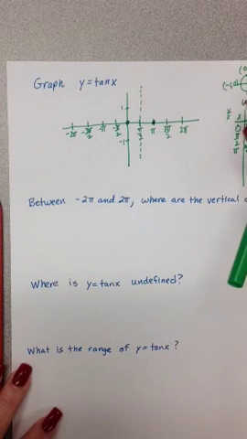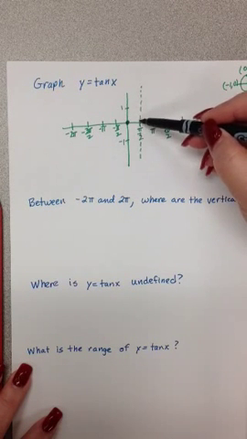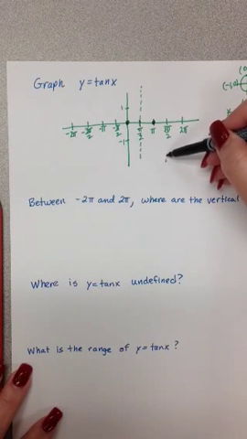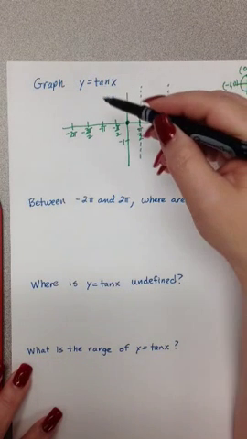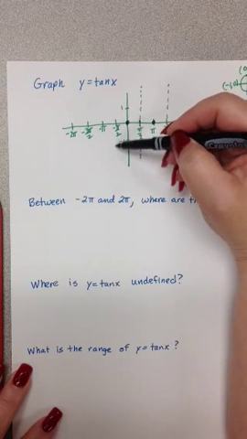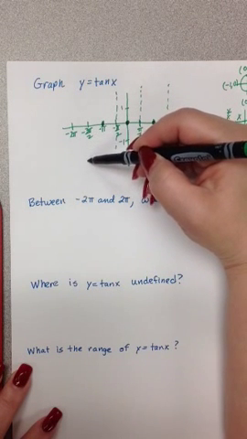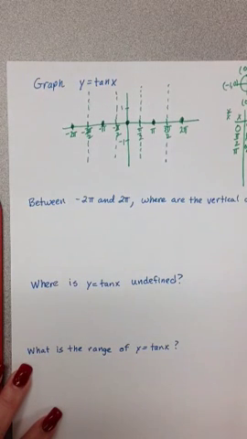If you kept going doing this, I'm not going to keep doing my table, but when you graph tangent and cotangent, it goes in a pattern of 0, undefined, or 0 vertical asymptote, 0 vertical asymptote, and then 0, etc. So here there's 0, so next I have a vertical asymptote, then I'm going to have 0 vertical asymptote, and then I have 0. Okay? Now,